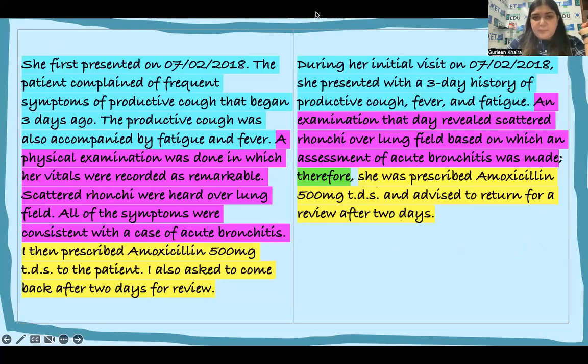Now look at the paragraph on the right-hand side. During her initial visit on 7th Feb, comma, she is the S capital? No, small case. So I hope that answers your question. Then another question is,